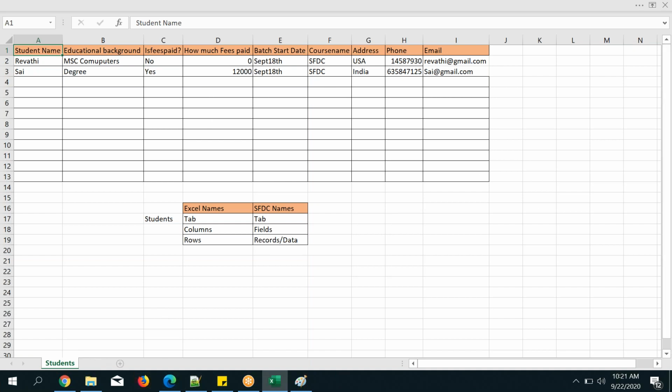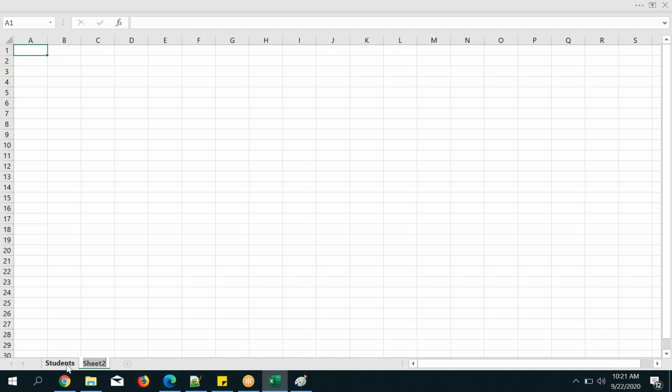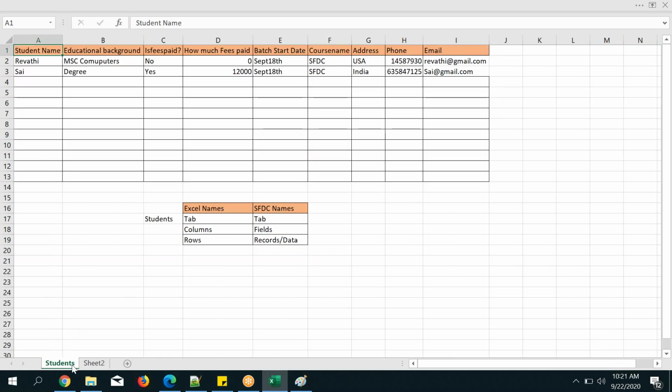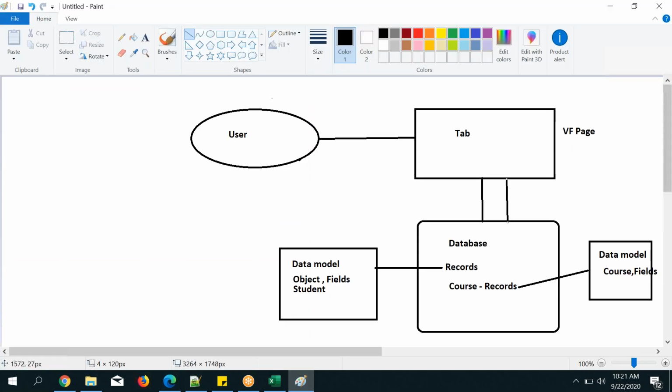Remember that one. Here I can create one more object. Okay, that means here tab, and I can define a different one. If you don't have a tab and you don't have fields, how can you create records? You can't. Same way here in the database, if you want to create records for those fields for that object, how can I create it? With the help of tab. Tab is like a mediator, like an extra screen or a mediator. With the help of the mediator, we can create records and we can retrieve the records. It is used to create the records, to fetch the records from the database and to show to you.